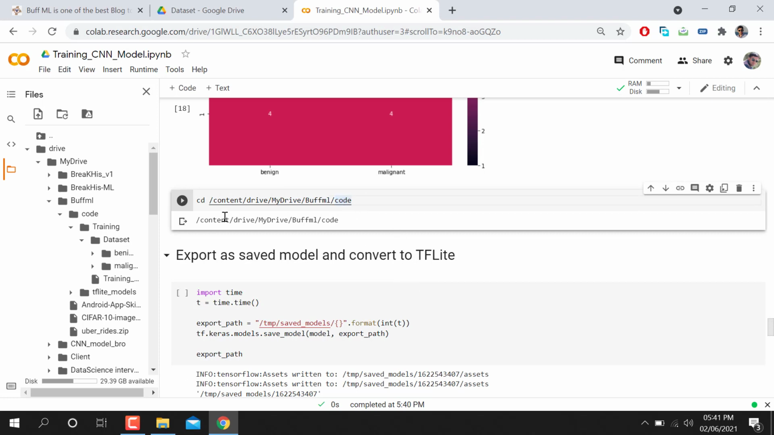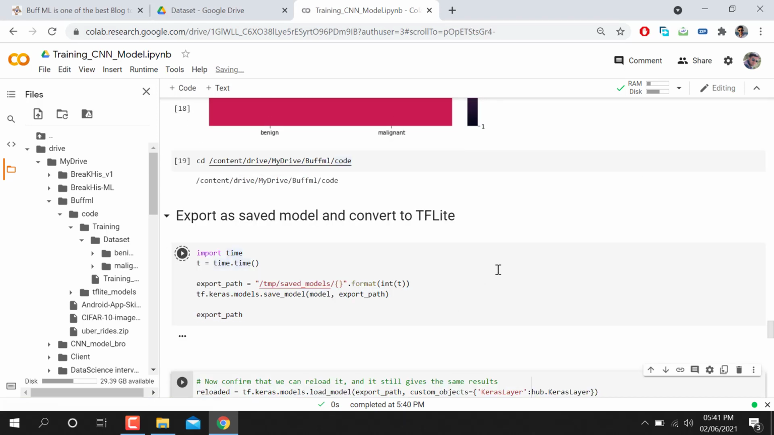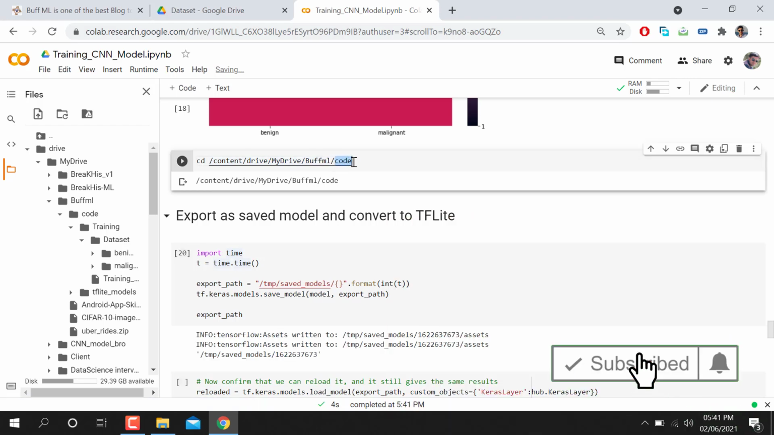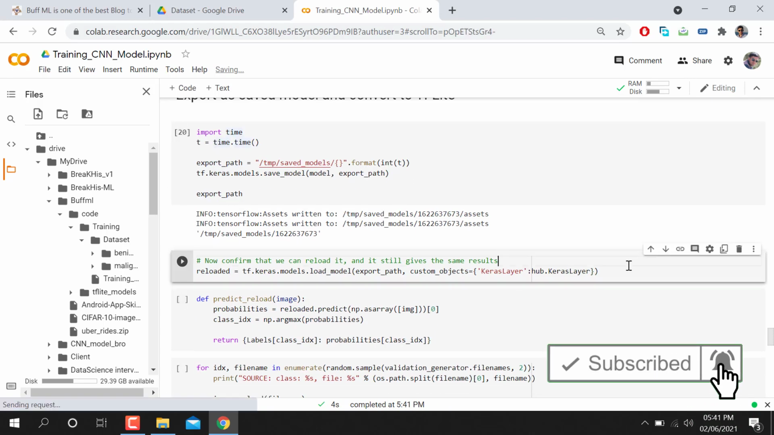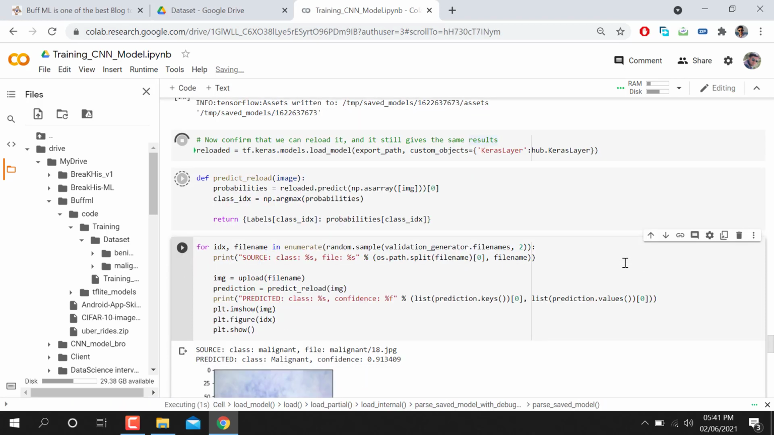When I go CD, it means we are reaching this folder. After that we are running this folder. After that when I run this one, it will convert our model into a TF Lite file and show the output model in this file. So I will show you a demo. So I'm just